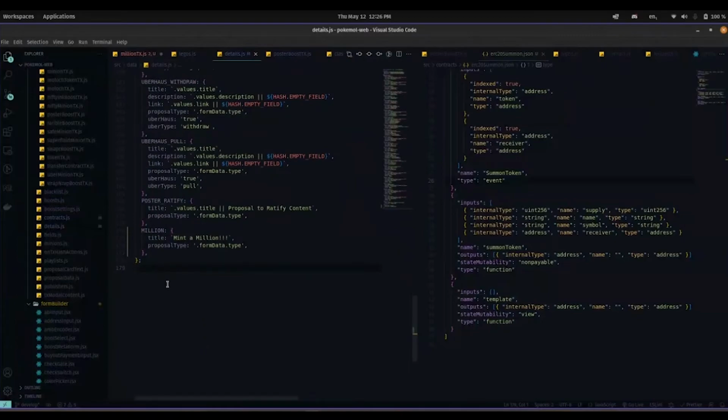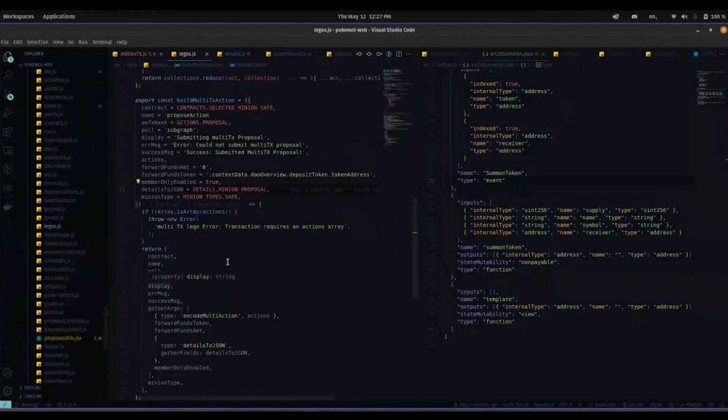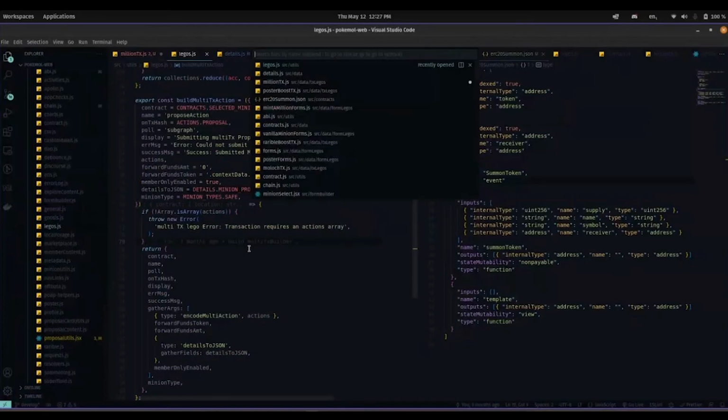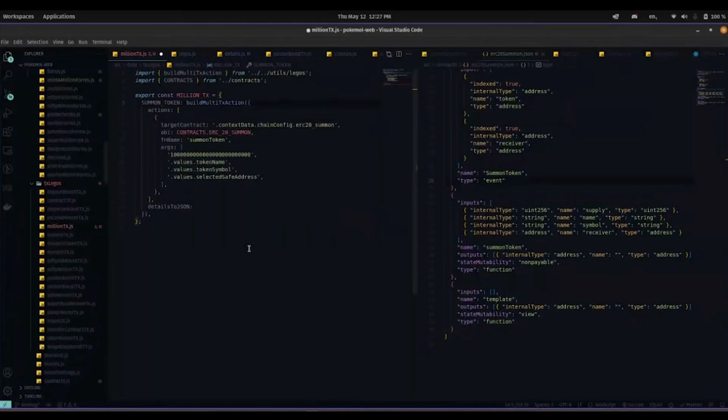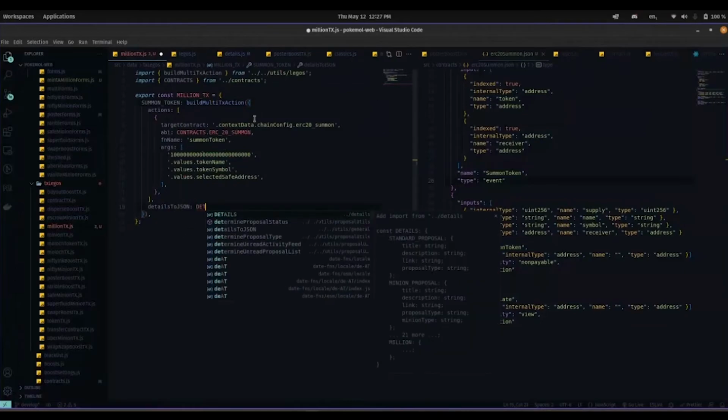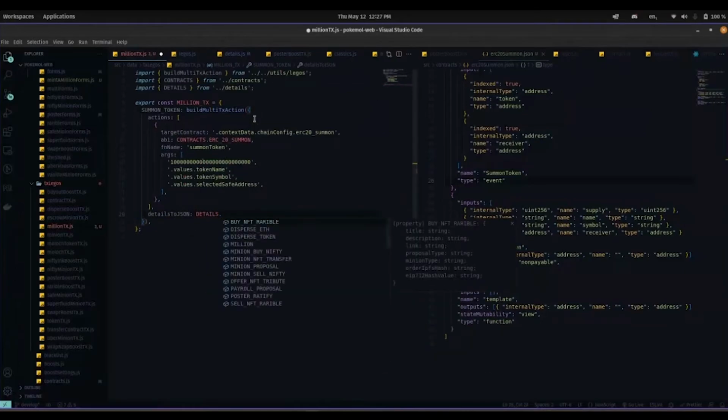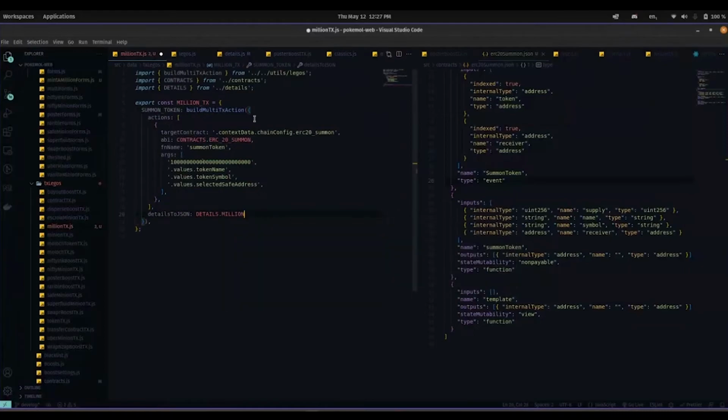And then we'll go back. Oh, sorry. Okay, let's just do million TX. Details to JSON. Details, we'll use another one of these blobs here. And then million. Right, so we don't need a description. We don't need a link. We don't need... okay,